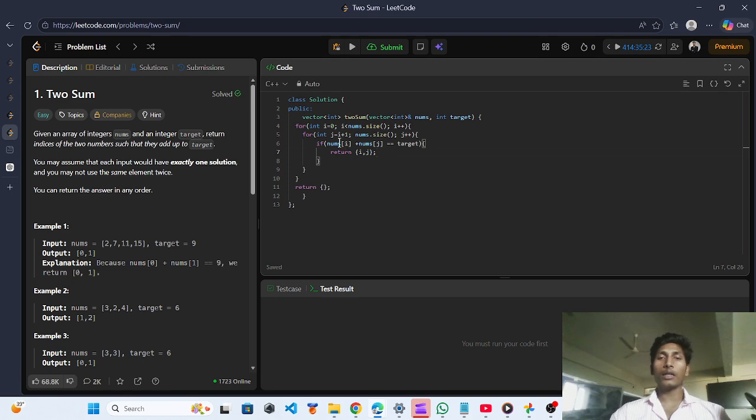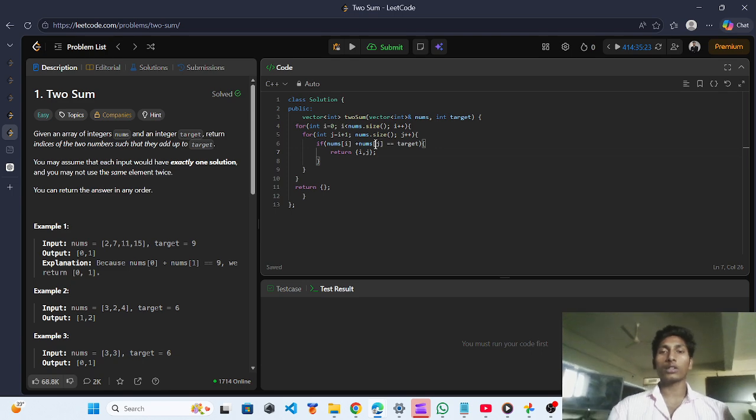So i is equal to 0 and j is equal to i plus 1, which means the index after the ith index will be added to the ith index, up to nums.size().